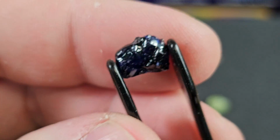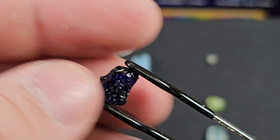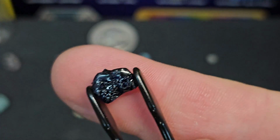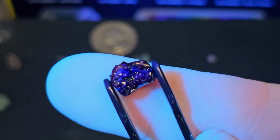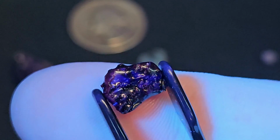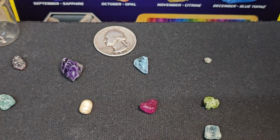This looks melted. So I'm leaning towards it being a lab created sapphire. Now look, check out the black light here, or UV light. It's hard to pick up, but it does fluoresce red. Just a little bit. So that was